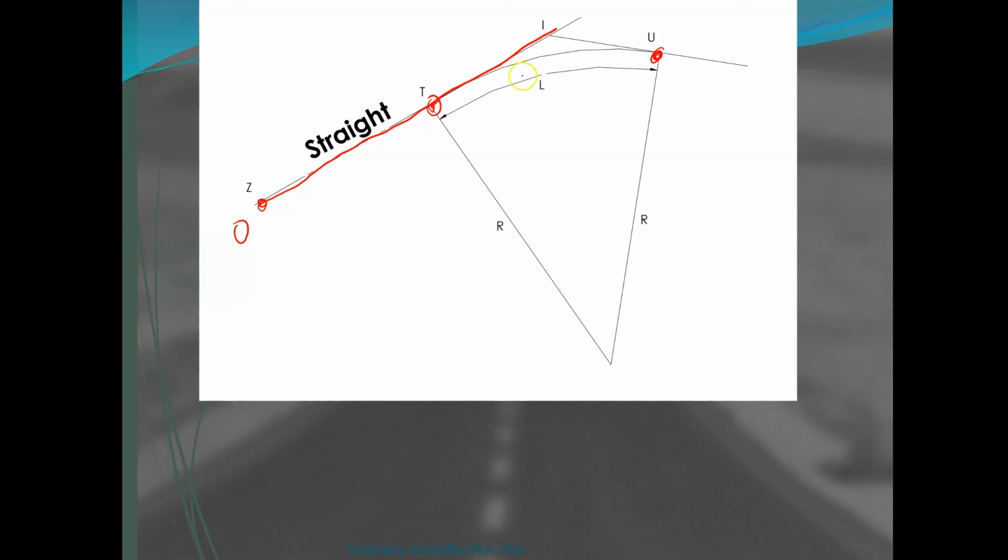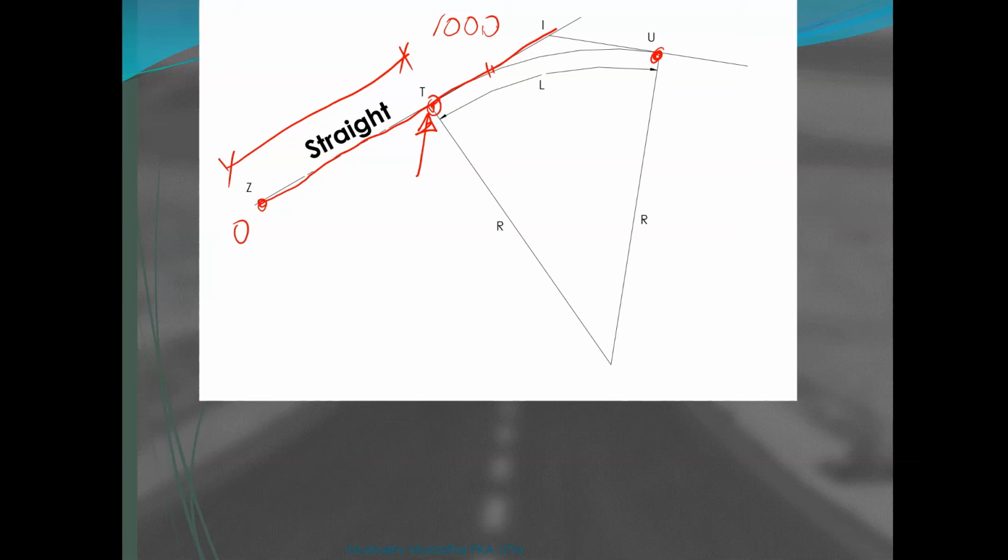So in the design, we'll be given the chainage of I. Let's say the chainage of I, I don't know, I'll just put a simple number, let's say it's 1,000. Based on that number, we will calculate what the chainage of T is. If we know that distance, we can just take away that distance from 1,000. So that will give us this distance here. We'll do the calculation later.